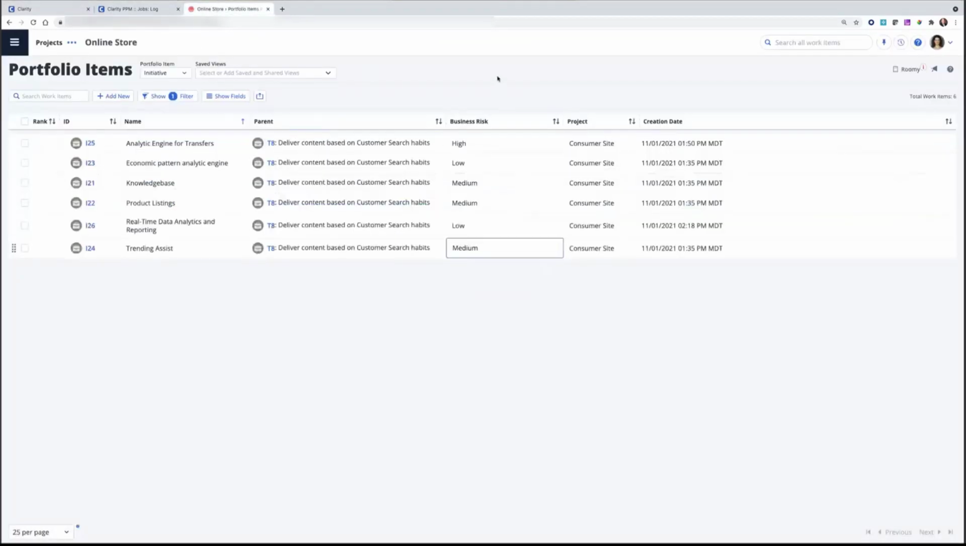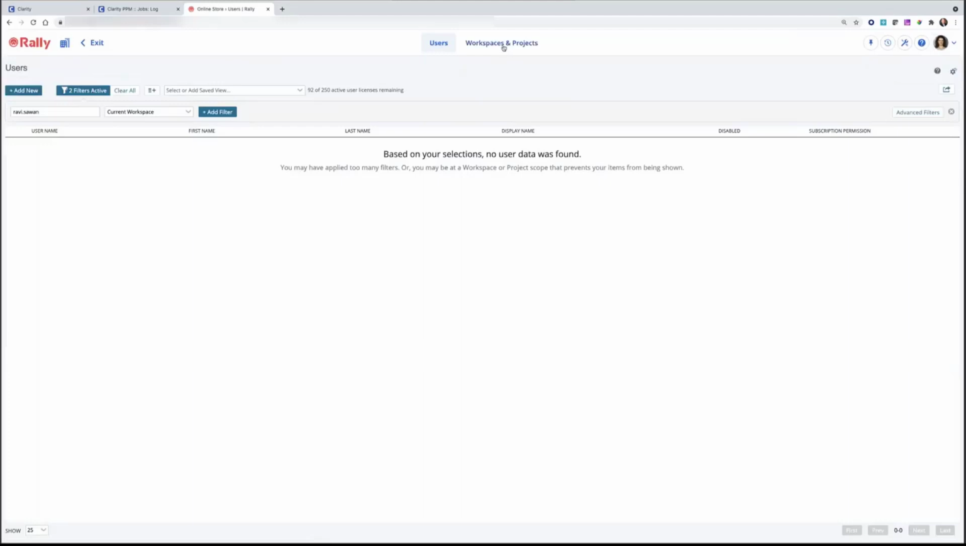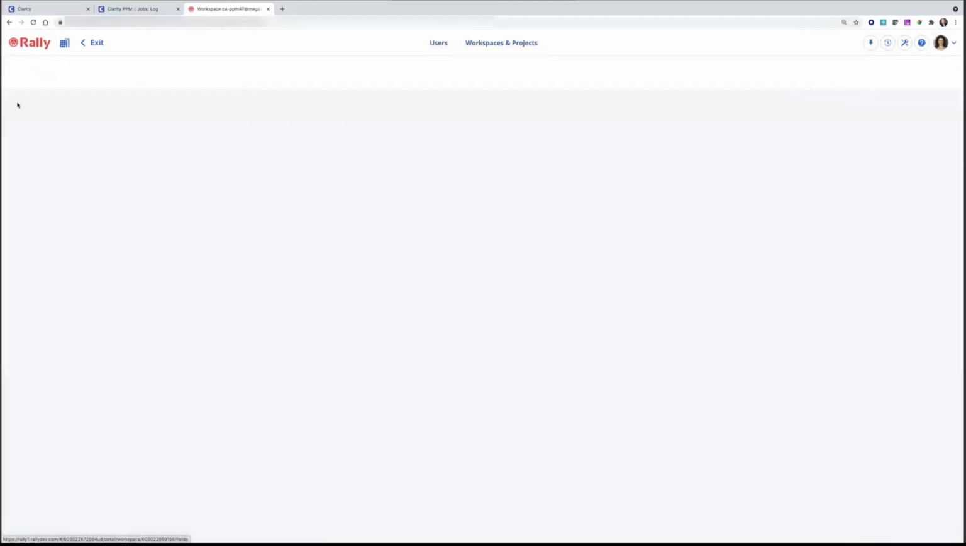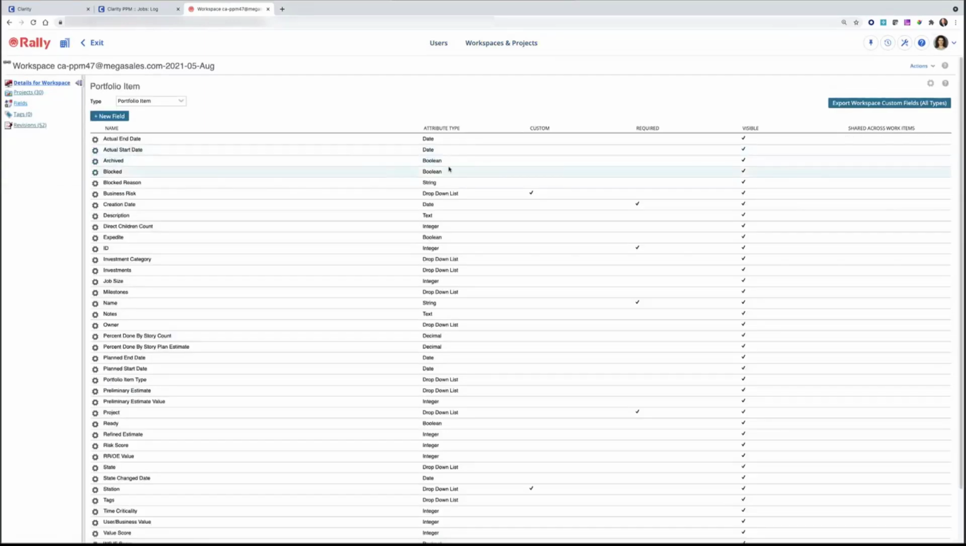So first, let me explain what's meant by the Rally custom lookup. I'll go to System Administration, Workspaces, and again, I'm as an administrator. I'll pick Fields, and you can see the custom column here. And I want to draw your attention to the business risk field. This has an attribute type of drop-down list. This is the supported attribute type from a custom lookup perspective. This demo system looks like it has 2